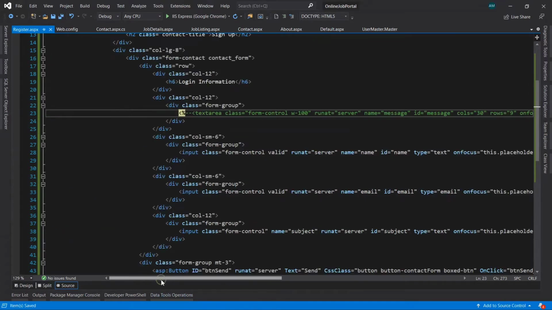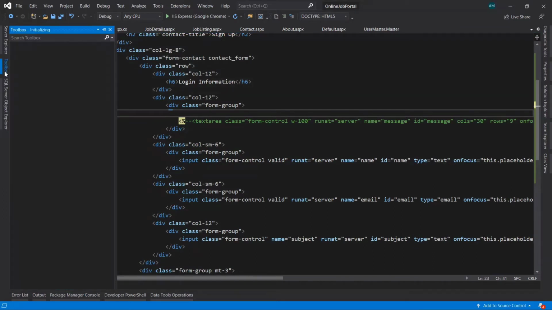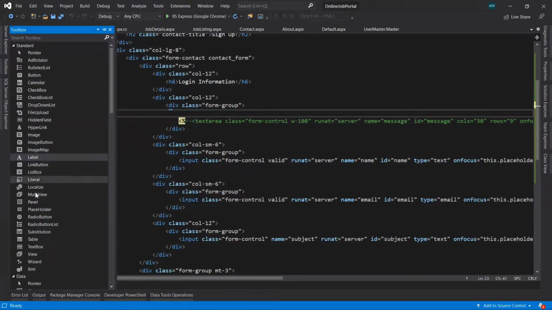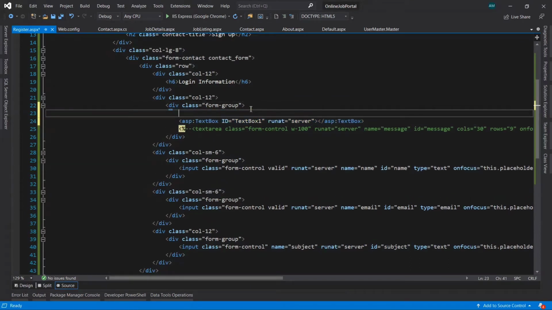Now let's add a text box from the toolbox. Before the text box we are going to take one label for displaying the label text for this text box, like for which text box we are using this.